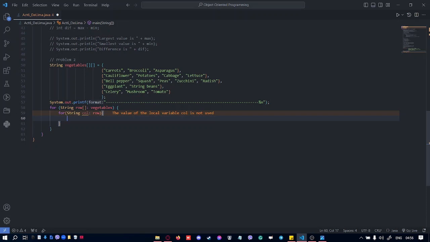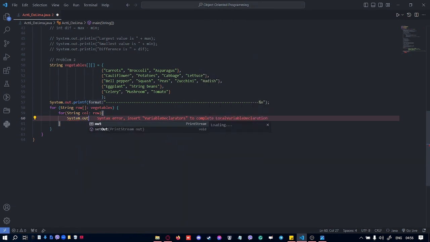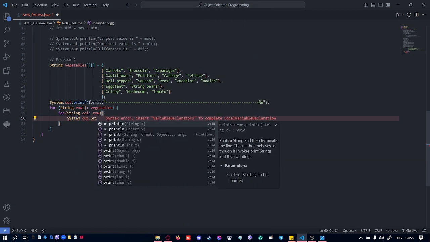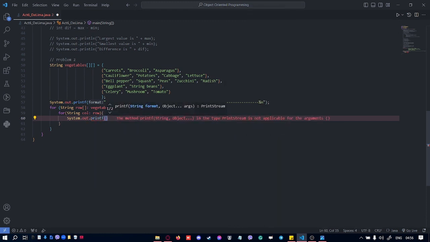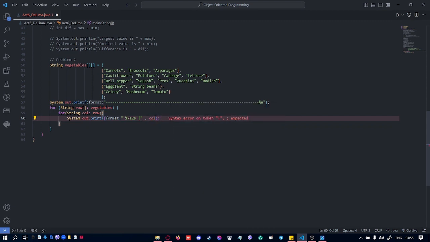So we're gonna print each of them. System.out, we're gonna format the table to make it nice and neat. So make it as, then call each of them. And then